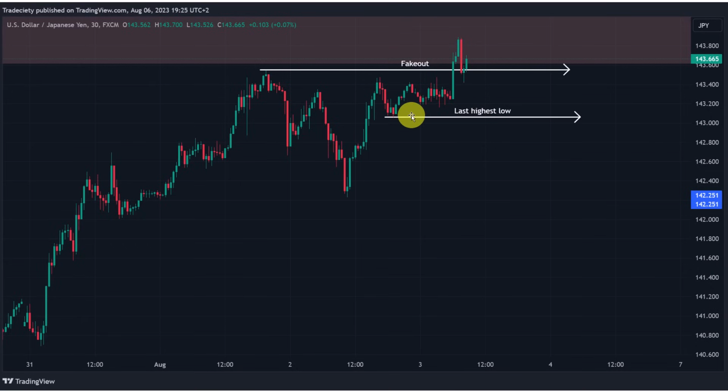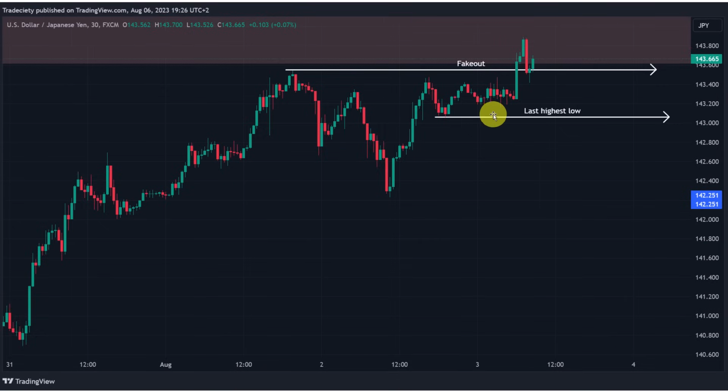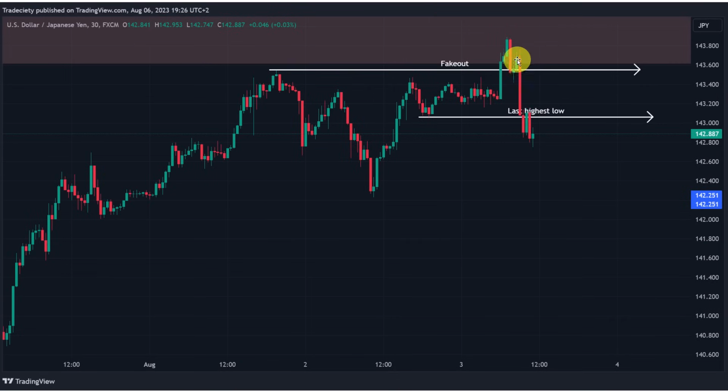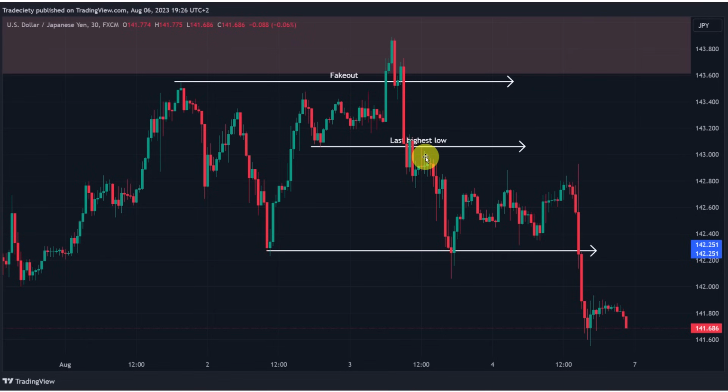We typically want to wait for the price to make a lower low point here, which happens here just shortly afterwards with a strong breakout candle. You can see how strong this move is away from the fake out and now into fresh lows. We move into the first area. We test the previous support once again. The market makes a little bit of a bounce, doesn't even come close to the previous point here, and then